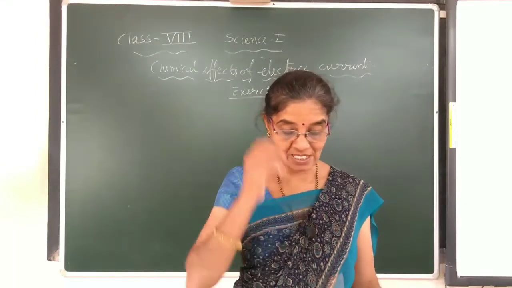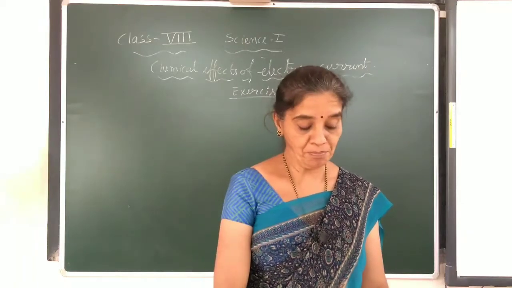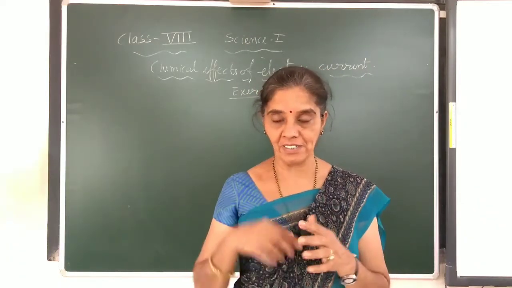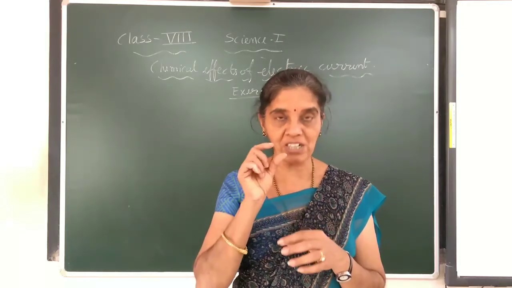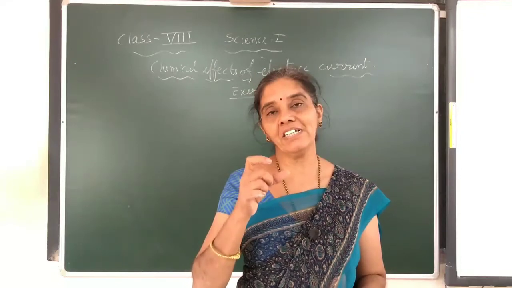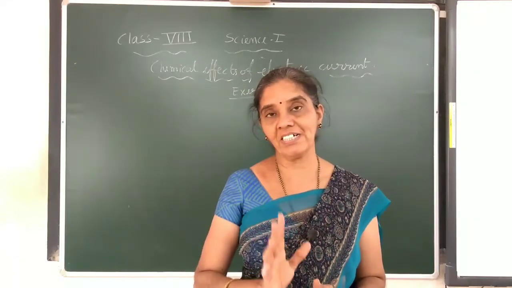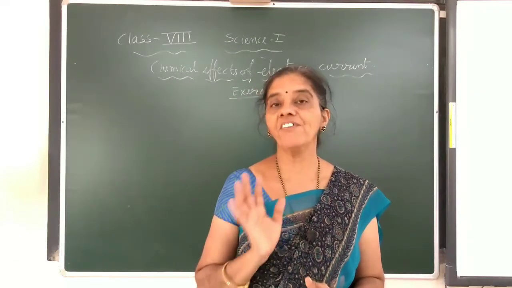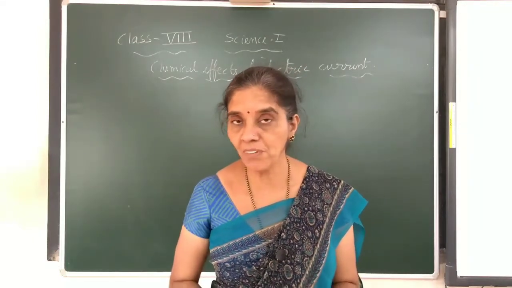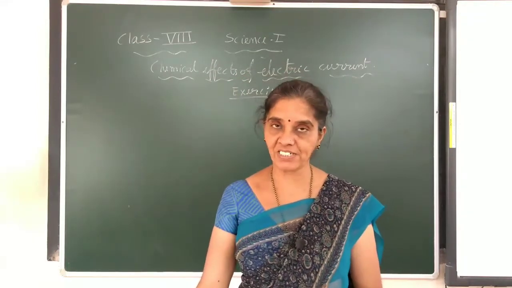Here instead of bulb they are given the magnetic needle shows the deflection. Can you explain the reason? Instead of bulb they have used the magnetic needle. You have to wind the wire on a small compass, and the magnetic needle will deflect when current is present in the wire. That is the magnetic effect of electric current. Bulb will work by the heating effect of electric current.